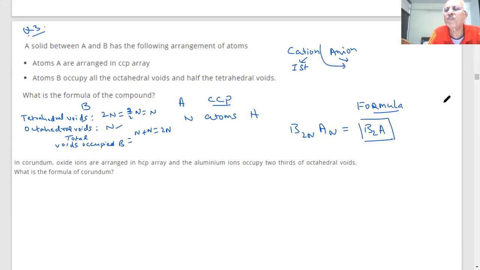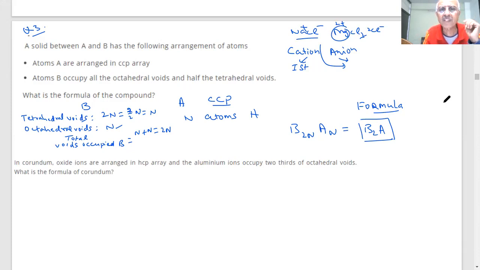After the cation. For any compound, give me a name, NaCl. What is NaCl? This is positive, this is negative. If I say MgCl2, what does it mean? This is positive and this is negative. Clear? This is the way to write a formula in chemistry.